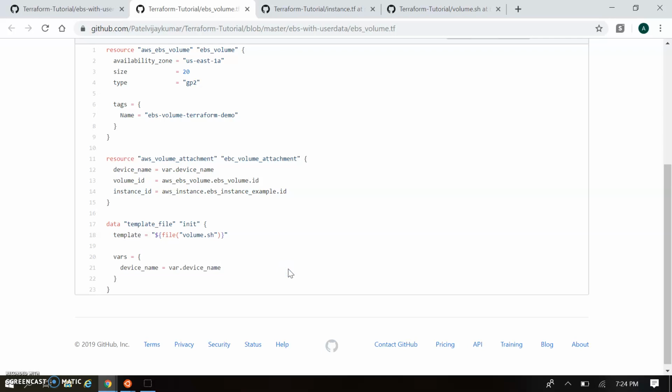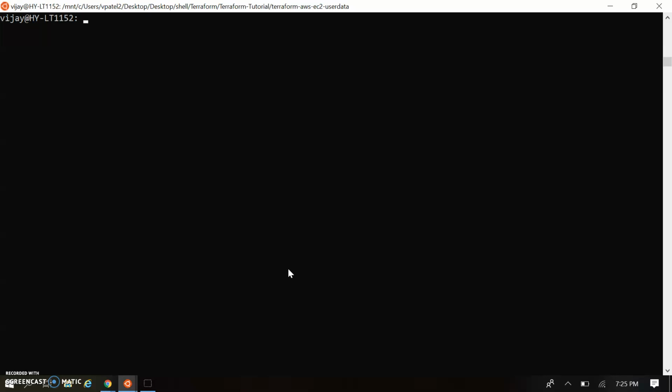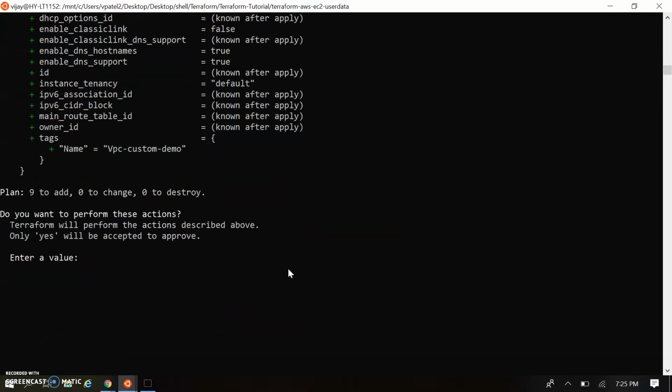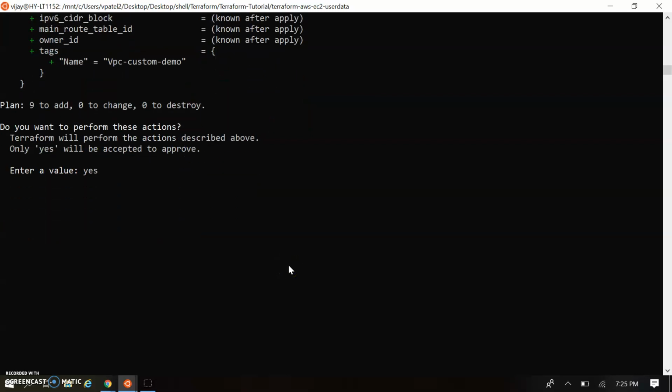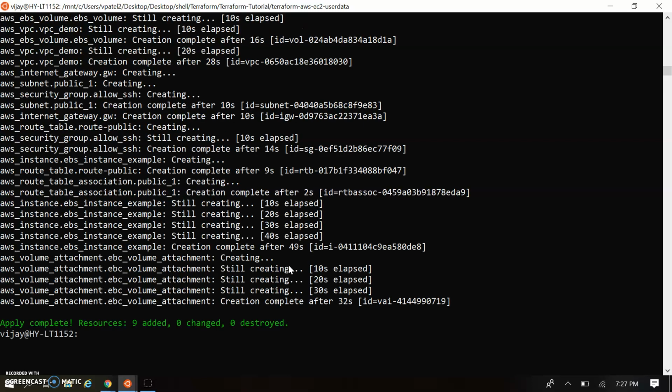So let's run this script and have a look at how it works. In the console, let me apply my configuration with terraform apply. I've already done the init and the plan, so just to save time, I'm directly doing the terraform apply. This will ask for confirmation, and post confirmation it will start actually creating the resources. So it started resource creation. Let's wait for a while until all the resources get created. So the resources are created.